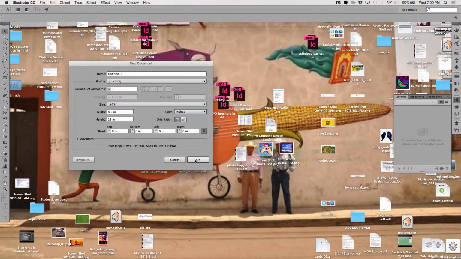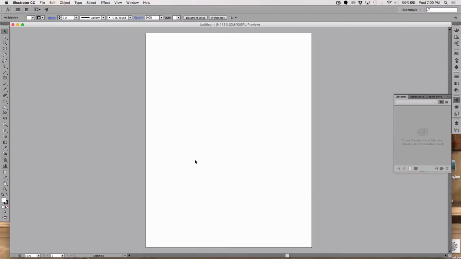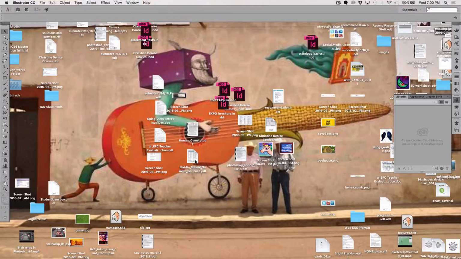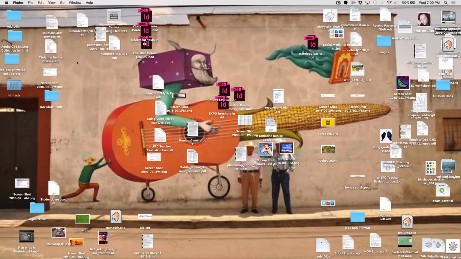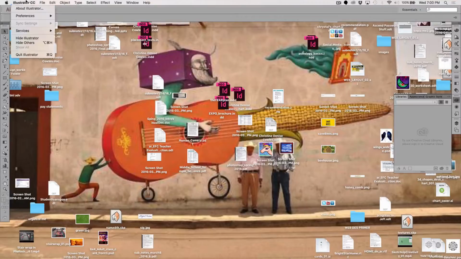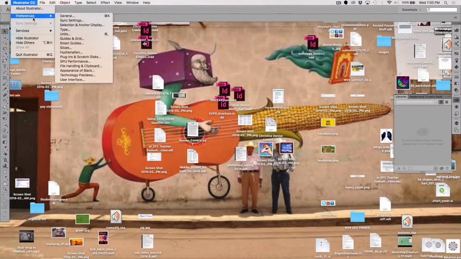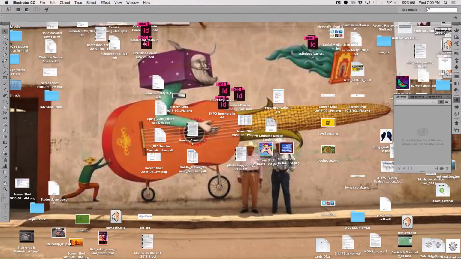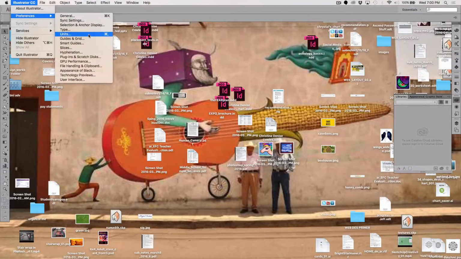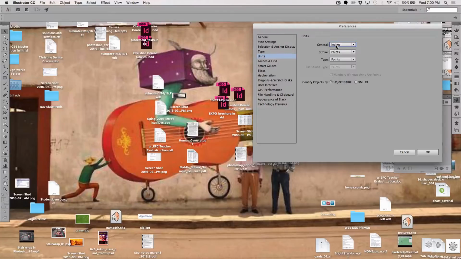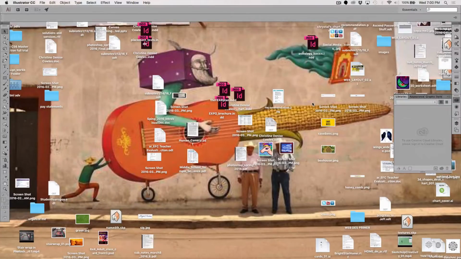Maybe I needed to restart. So I'm going to set it and click OK. I'm going to close this document. I'm going to quit Illustrator. I'm going to check that setting again just to be on the safe side. Illustrator Preferences, and come on, baby. Units, general inches, yep. Okay. And I'm going to quit Illustrator,